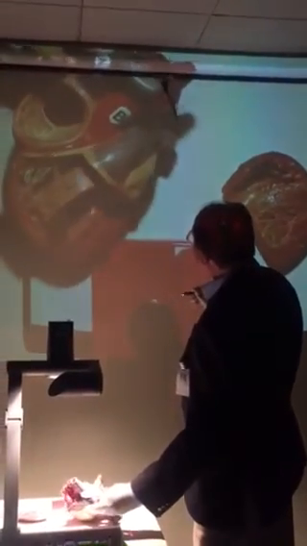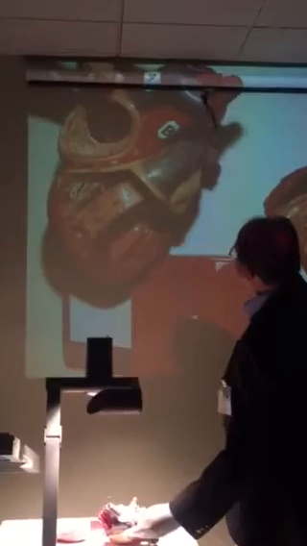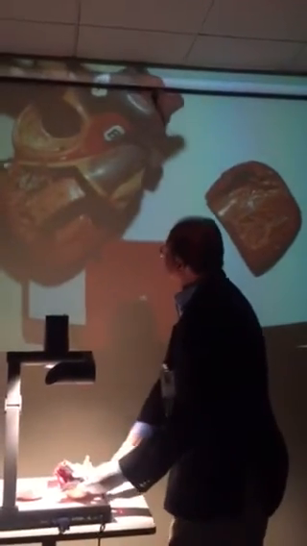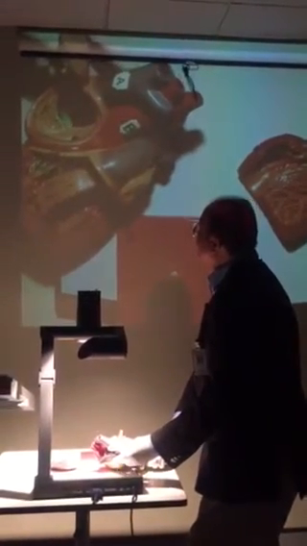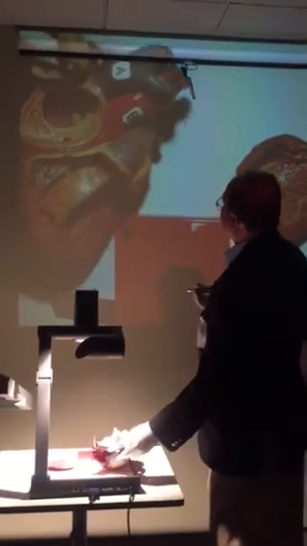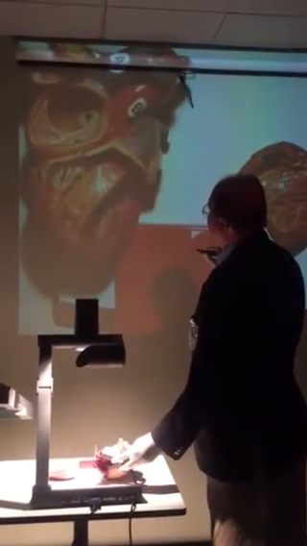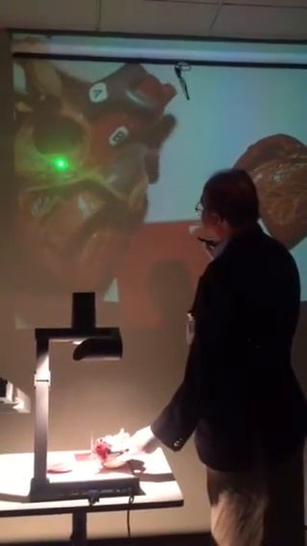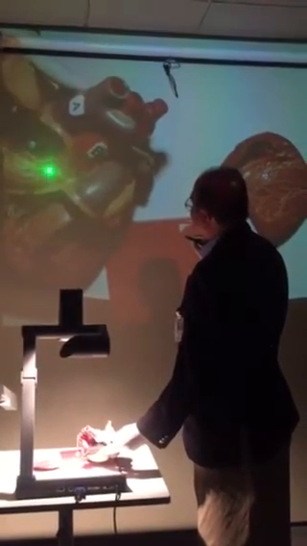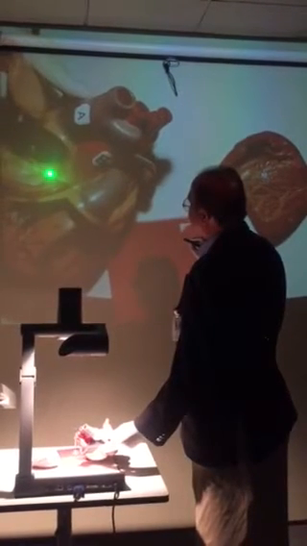Now you can see this opening is the inferior vena cava opening. It's here. Can you see it now? This is the inferior vena cava opening. And at the inferior vena cava opening, on its left side, you have the opening of the coronary sinus.